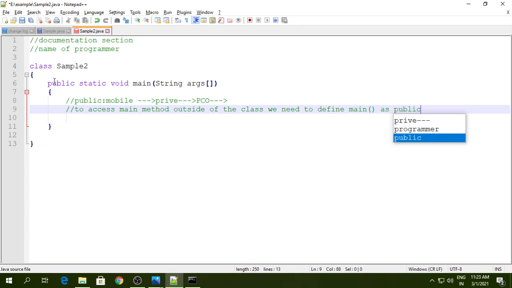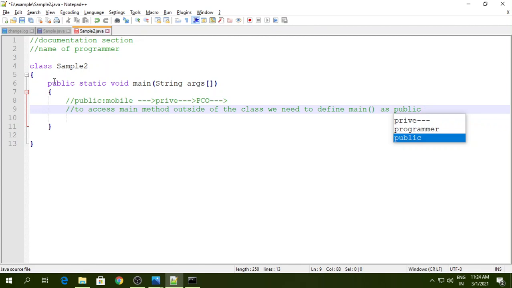Fine. So the main method which we declare inside the sample2 class should be accessed outside the class. To access that method outside the class, at that time we need to define that method as public.